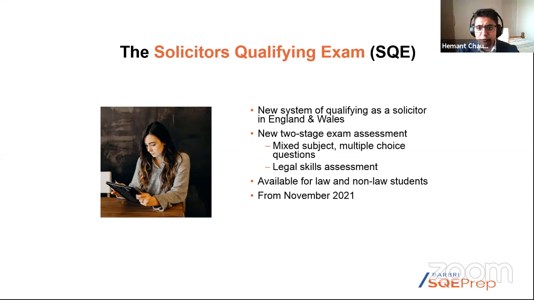So it's a new system of qualifying as a solicitor, with 2 stages of assessments. The first stage is the multiple choice test on English law. The second stage is a legal skills assessment, then your qualifying work experience, and that's how you qualify as a solicitor. The first assessments will be available from November 2021 onwards. So it's going to be one uniform test, and I think it's certainly going to open the doors for many who are struggling to qualify as a solicitor.